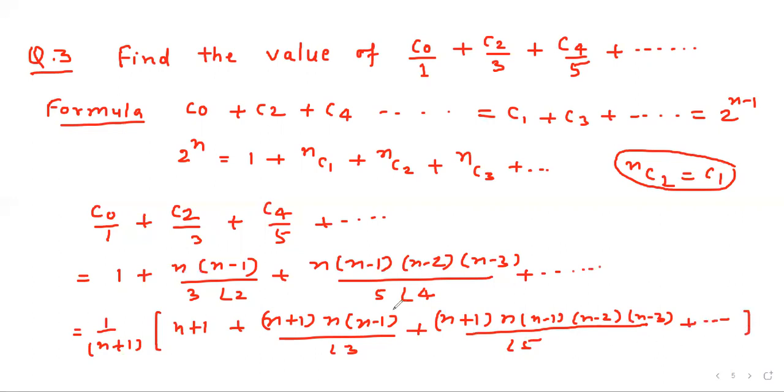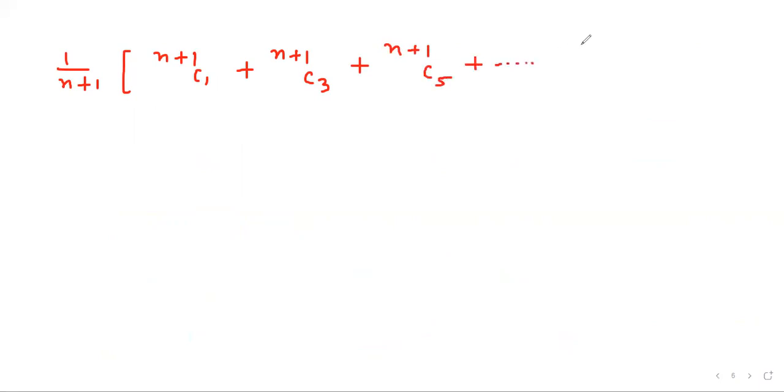So this will become 1 upon n plus 1 times n plus 1 C1 plus n plus 1 C3 plus n plus 1 C5 plus dot dot dot, which can be written as 1 upon n plus 1